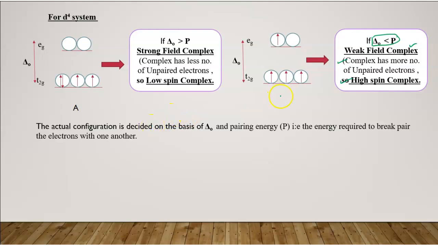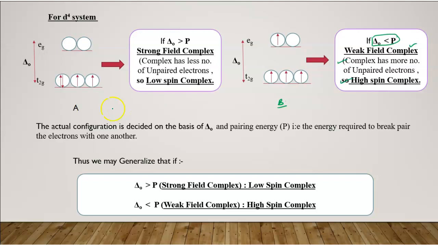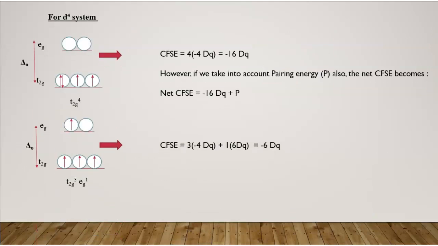ओके, तो अब देखिए क्या होगा। अब इसे generalize कर लेते हैं हम एक बार कि अगर आपके पास crystal field stabilization energy ज्यादा है pairing से, strong field complex बनेगा, low spin complex बनेगा। वहीं अगर इसका reverse है तो आपके पास weak field complex बनेगा और high spin complex बनेगा। ओके, so just keep that thing in your mind. Okay, so proceeding further, that is your D4 system, and this is for your this one